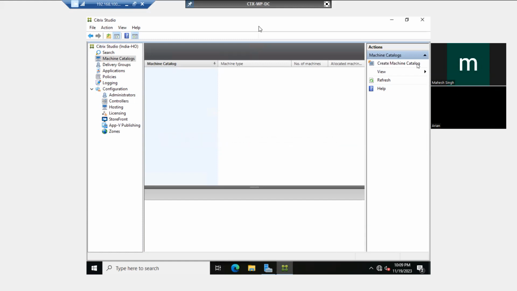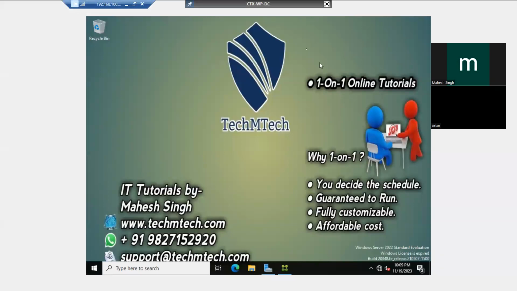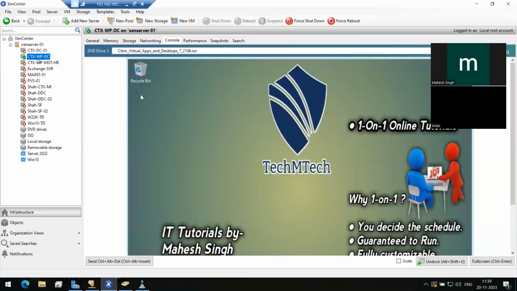In the vCenter, you will have one delivery controller virtual machine. You have to go there and power it on. Just simply click on the console tab. And if you do not want to go to the vCenter server,